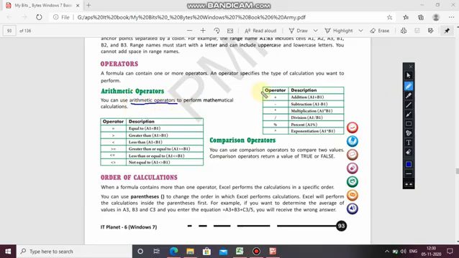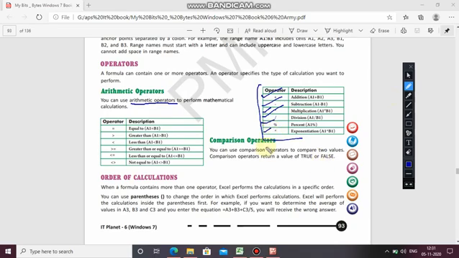Here it is given in the box the different mathematical operators: addition, subtraction, multiplication, which is the sign of an asterisk, a star, then division, percent, and exponentiation. Exponentiation is also a mathematical expression. So by using all these you can perform arithmetic calculations.